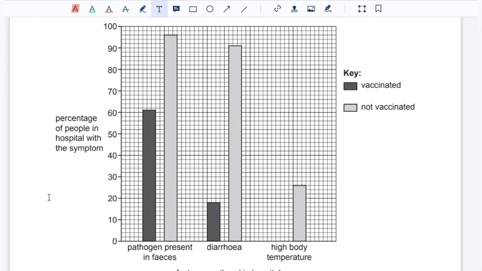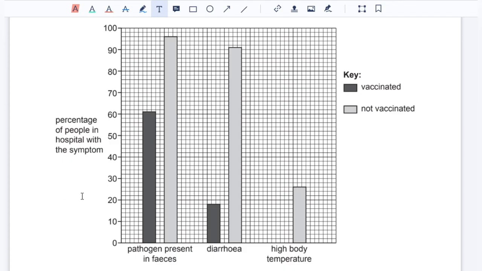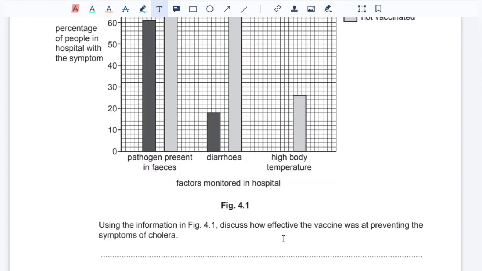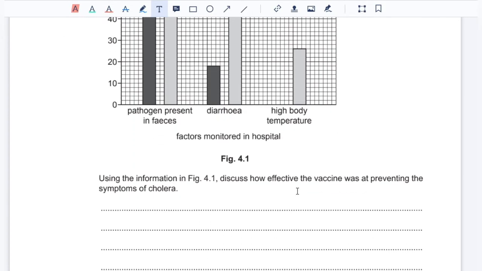So in this figure, we can see that the shaded or the darker bars represent the vaccinated people. The percentage of vaccinated people who have the pathogen in their feces is lower compared to non-vaccinated people. Similarly, the percentage of vaccinated people who have diarrhea is lower than the non-vaccinated people, and vaccinated people do not have high body temperatures. Here you will compare the symptoms of the vaccinated and the non-vaccinated people and write the